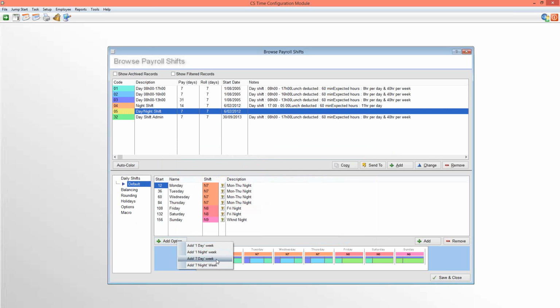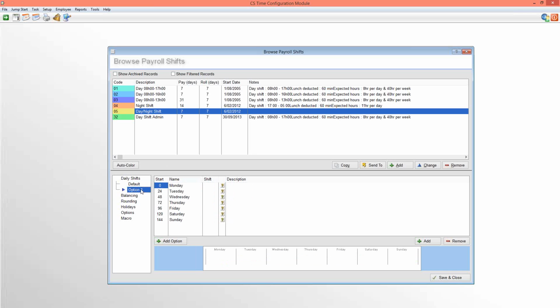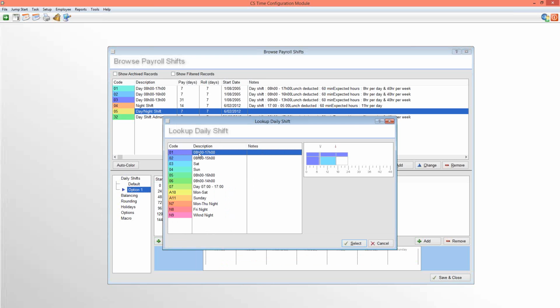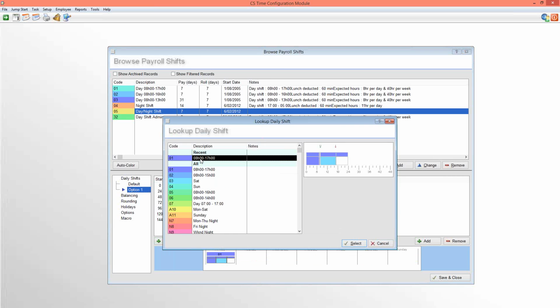As with the previous basic shifts that we created, your day shift generally starts at 0100 hours and runs till 2400. Your night shift starts from 12 o'clock in the afternoon and runs through till 12 o'clock the next day. In this case we've got a night shift, so I'm going to set up a 7-day week. The nice thing about this is if you're running a Monday to a Sunday shift, or Wednesday to Tuesday, it'll automatically add those days in to your other option. Now I've got my day shift, and all I need to do is specify which day shifts need to be used